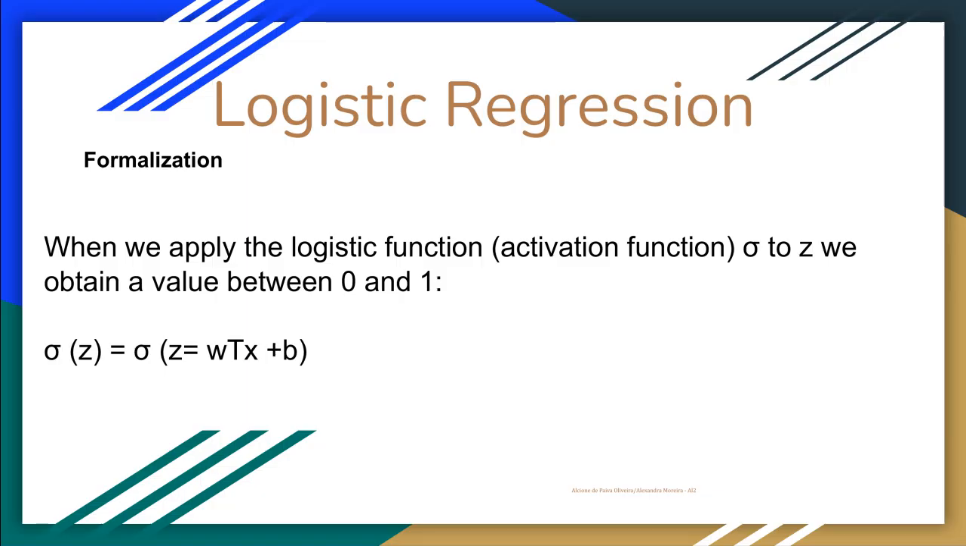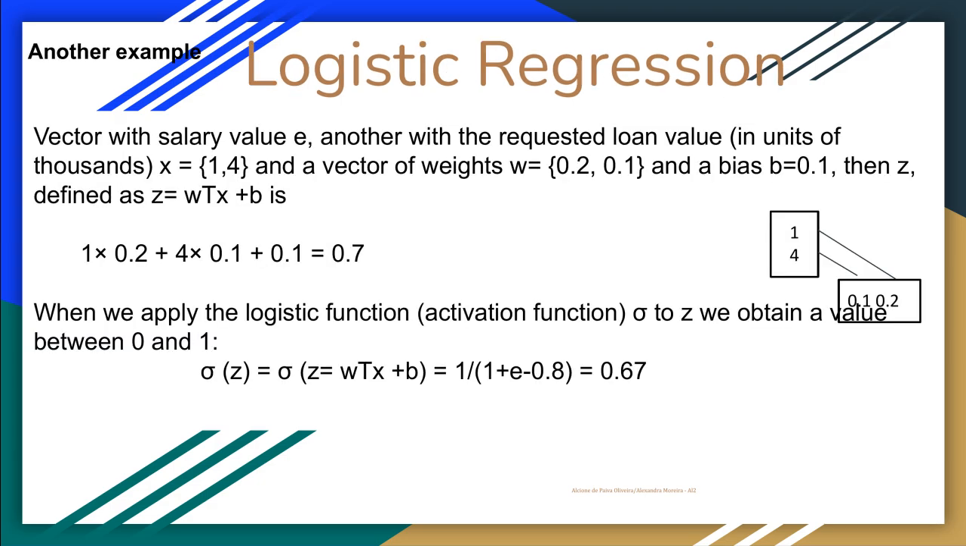The multiplication of two vectors is simply the multiplication of each element, pair by pair, and subsequently the sum of these values, generating a single value, also called a scalar. When we apply the logistic function or activation function, sigma, with the value z as an argument, we obtain a value between 0 and 1. Let's look at another example. Given a vector with a salary value of 1 and a loan request with value of 4, both values in thousands, and let's also have a vector of weights with values 0.2 and 0. Let's also have a bias value